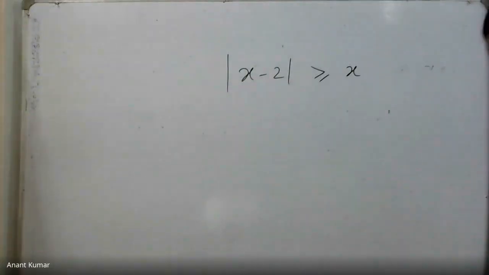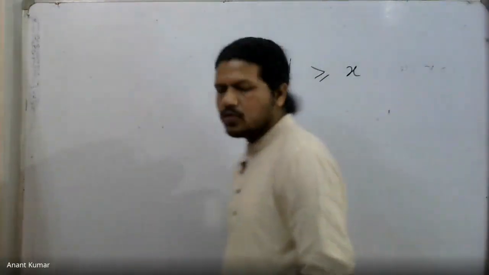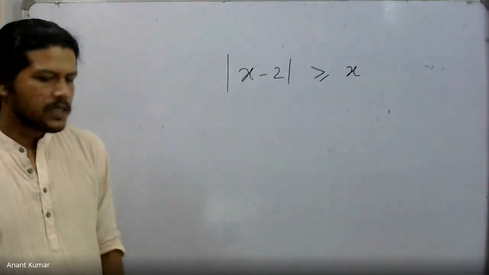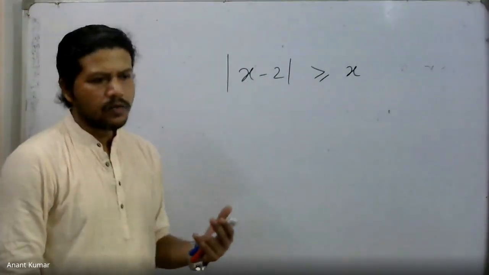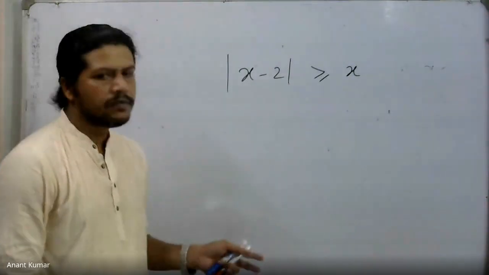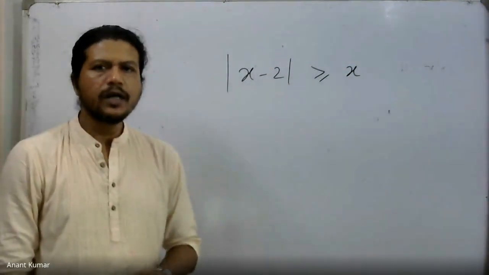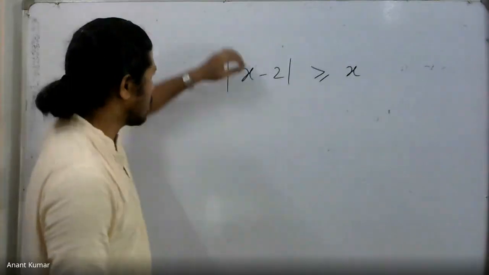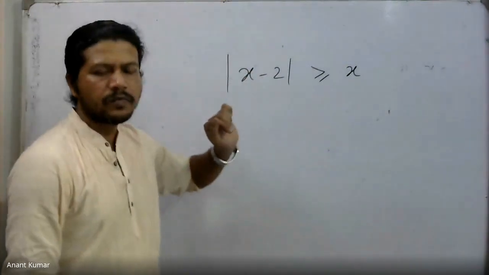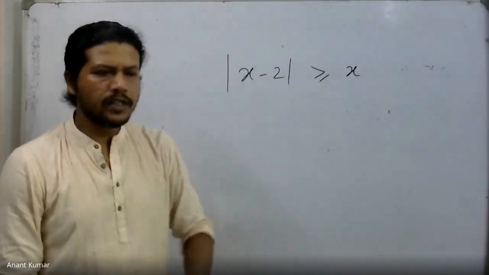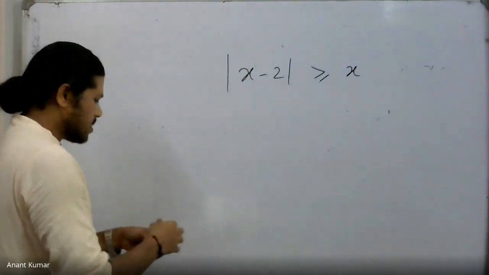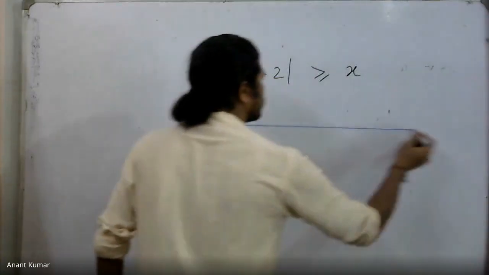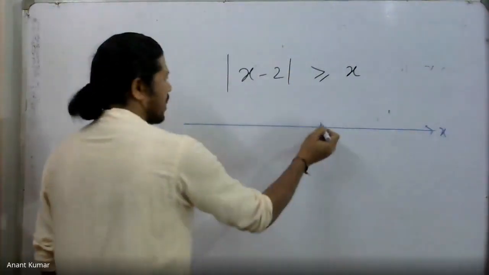Now, to obtain this, we first of all, as usual, break this entire inequality into two parts. One where we have the mod positive, the other one when we have the mod negative. In this case, because the quantity inside the mod is x minus 2, the turning point, the corner point, becomes x equal to 2. So we consider the x-axis divided into two regions. So we have 2 over there.